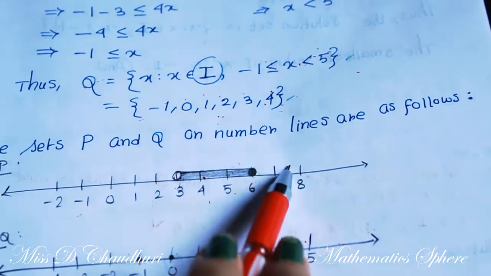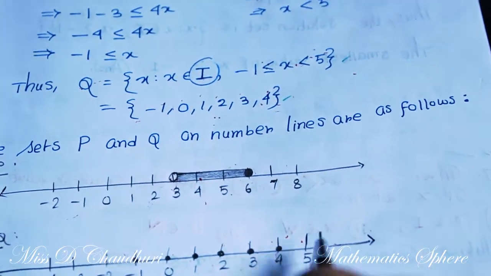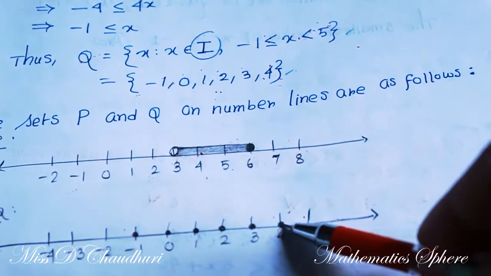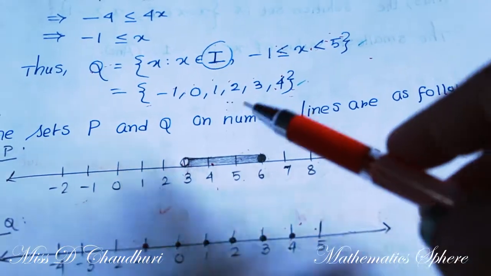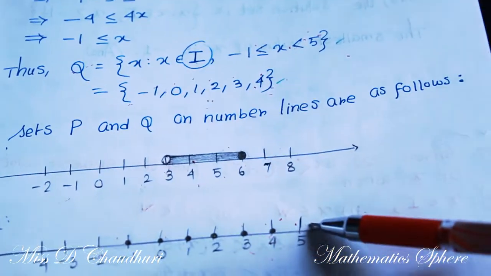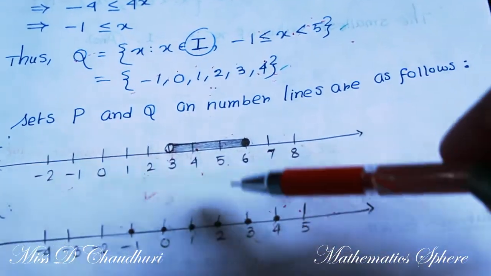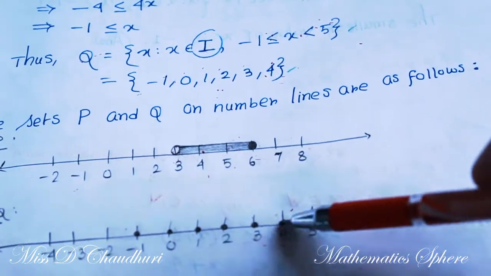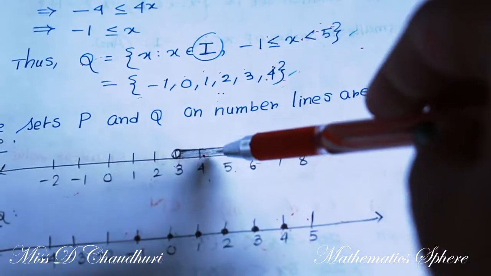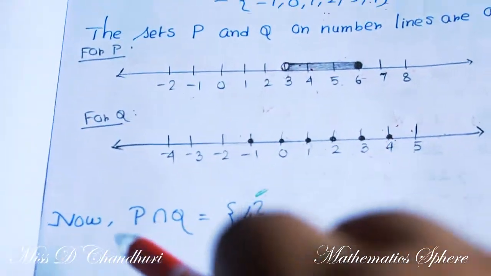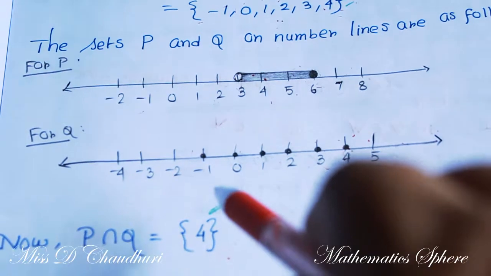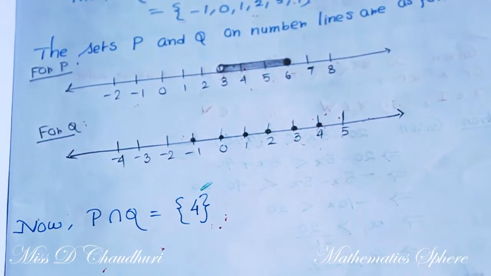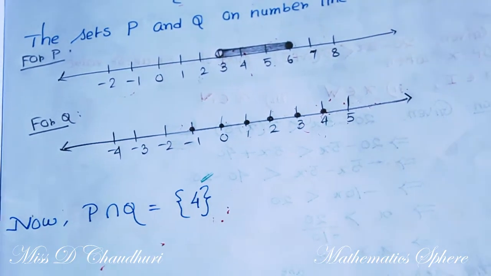5 and 6 are in P, but they are not in Q. So only 4 and here also 4, these two are common. Means in the intersection case, you will have to see that the element remains in both the sets, okay. So here also 4 is there, here also 4 is there. So ultimately P intersection Q is only 4, means it is a singleton set, only one element is there, okay. So this question was important, do it carefully.